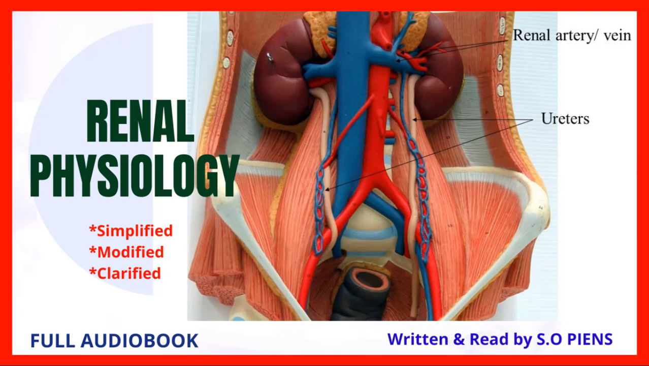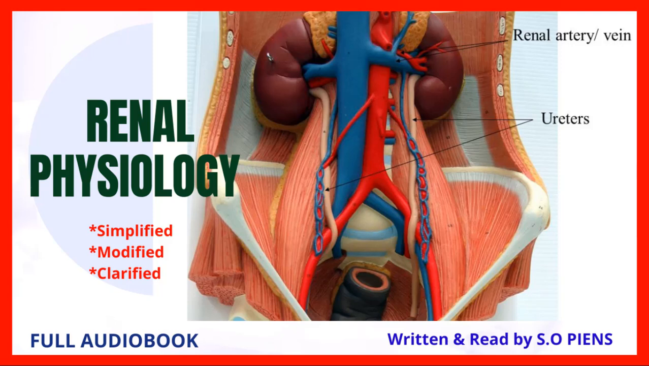Let's have an overview of the renal blood vessels organization. The abdominal aorta gives rise to the renal artery. The renal artery gives rise to the segmental arteries. Segmental arteries give rise to the interlobar arteries. The interlobar arteries give rise to the arcuate arteries, to the interlobular arteries, to the afferent arteriole, to the glomerular